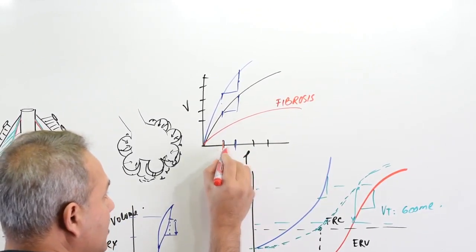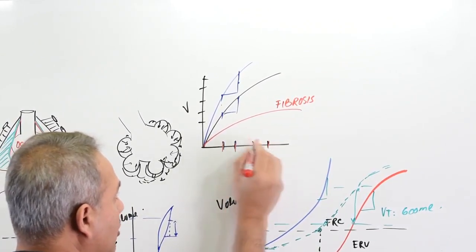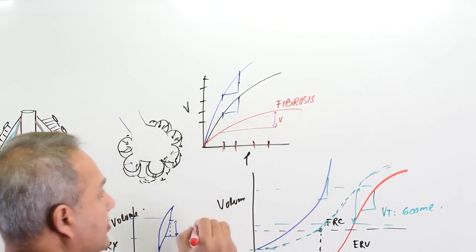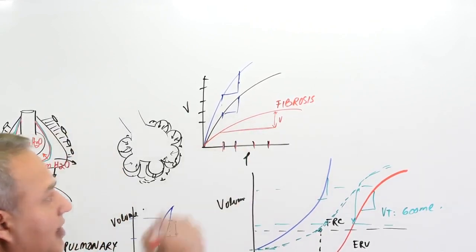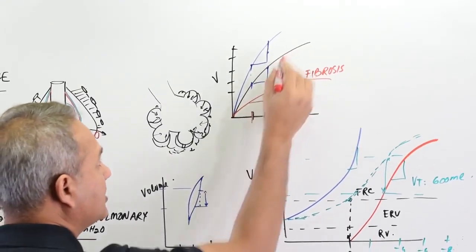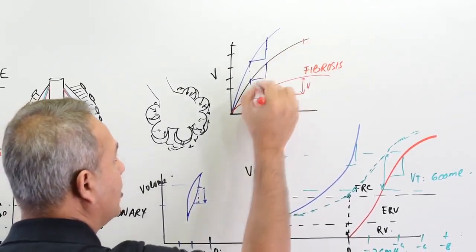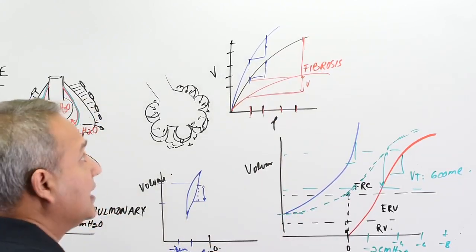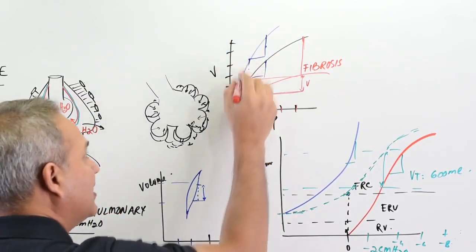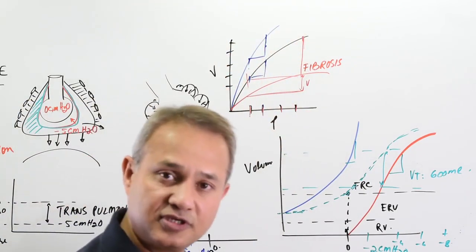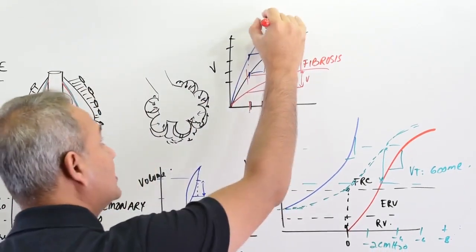You have to really increase pressure a lot to make this much change in volume, which is a really tiny amount of change. If you see on the normal curve, if you make the pressure change from here to here, look at the volume change. How much volume has changed? If you look at the hypercompliant lung, if you go from here to here, the lung is totally expanded or probably even burst. So this is emphysema